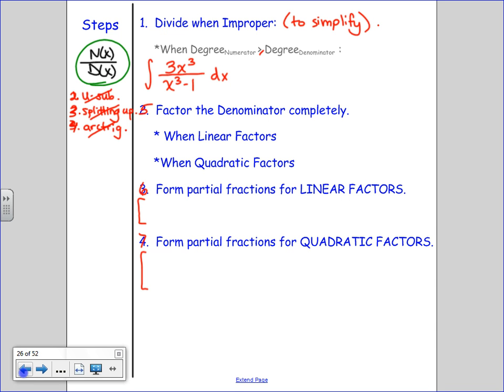So we, or if this was x to the 4th on top, or x to the 5th, or x to the 6th. Either way. If the degree of the top is greater than or equal to, why would I divide? Right? Then I would have